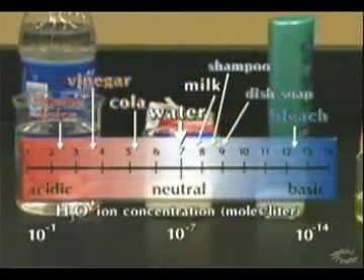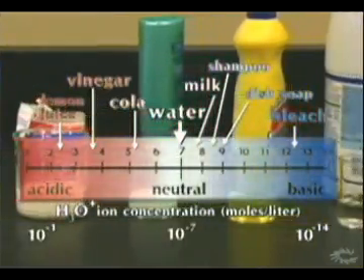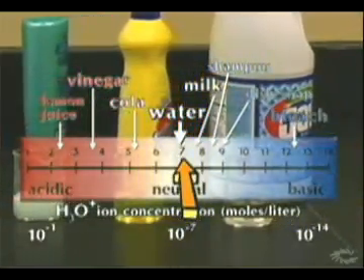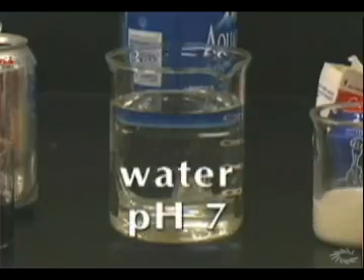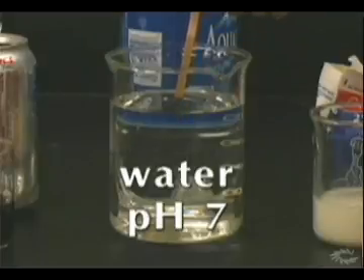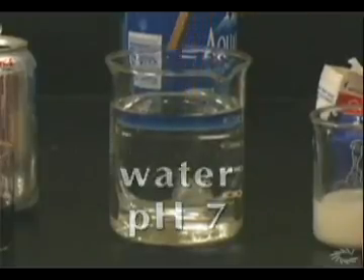The pH scale is a measurement of the amount of H3O+ ions in the solution. Water is 10 to the minus 7 mole. The others range from 10 to the minus 1 to 10 to the minus 14. The pH number comes from the exponent. Notice that water with a pH of 7 is right in the middle of the scale. All of the solutions lower than 7 are acids, and all those higher than 7 are bases.